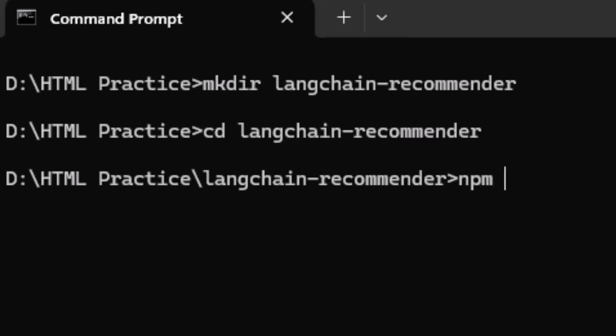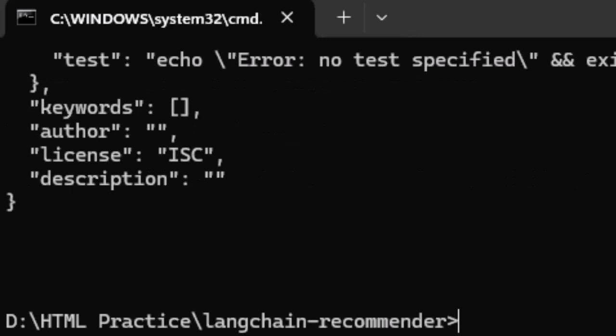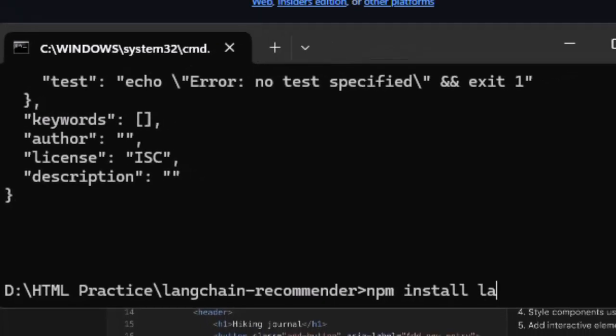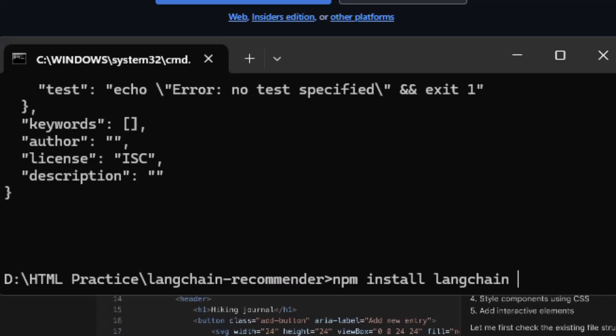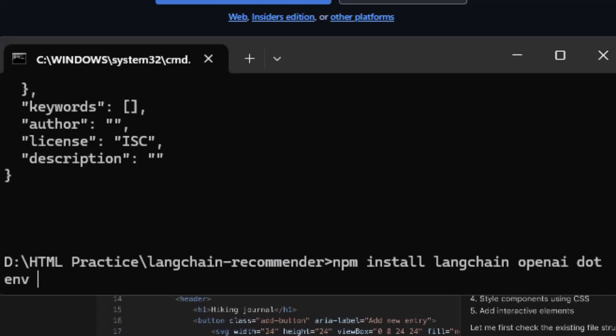Do npm init -y. This command is going to set it up as a Node.js project. Okay, it's done. Now let's install our main packages. npm install langchain, openai, dotenv, and